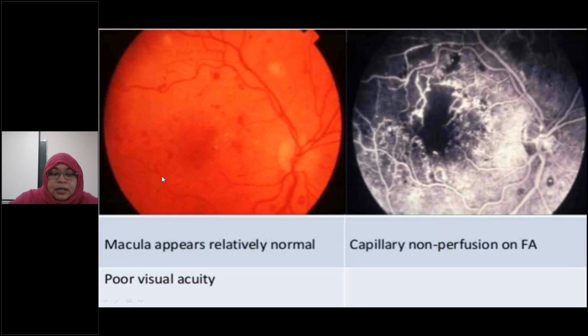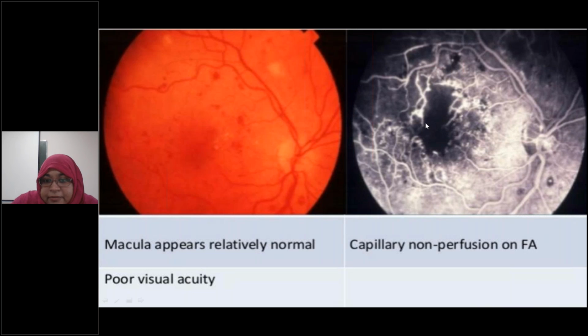Here, see, this is ischemic maculopathy. You cannot see hard exudates; they are very few. Whatever you see are microaneurysms and these are hemorrhages. So in ischemic maculopathy, mainly microaneurysms and hemorrhages are characteristic, whereas in focal and diffuse maculopathy, hard exudates and retinal edema are characteristic. Here you can see there is non-perfusion.